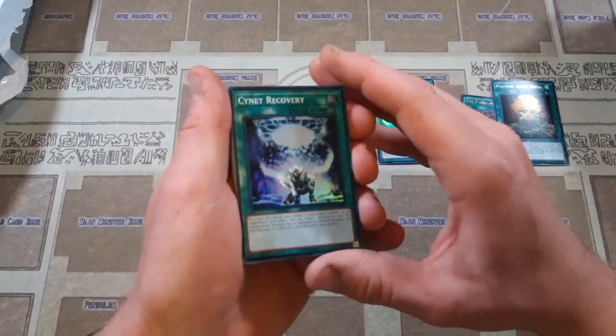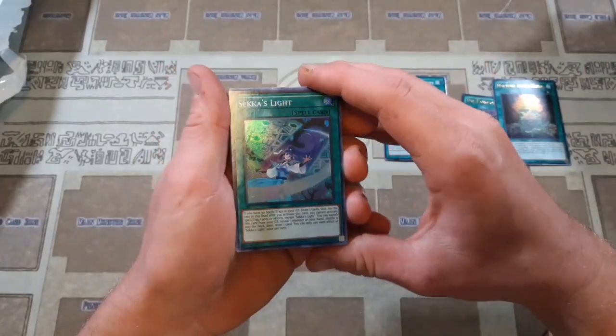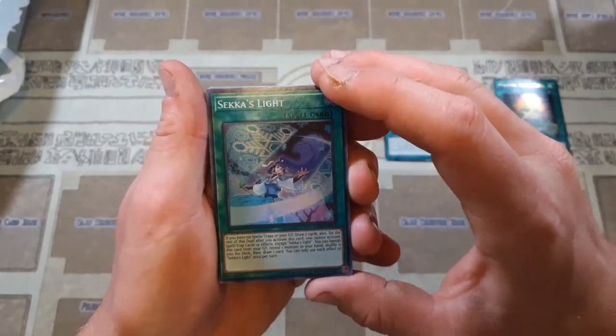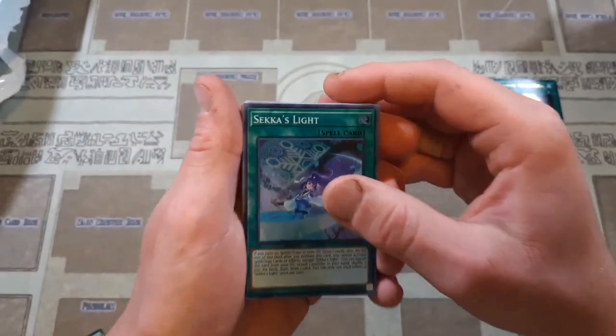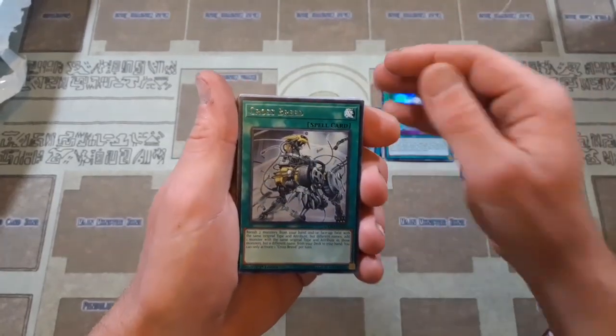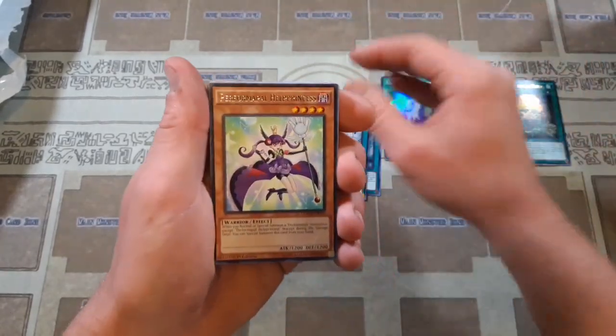Oh no, this is still a super. You can barely tell that that's a super. So a Signet Recovery. Wow, a Sekka's Light. That's pretty good actually. That's from a tournament pack, OP09, that's pretty good. A Phantasm Spiral Battle, a Crossbreed from